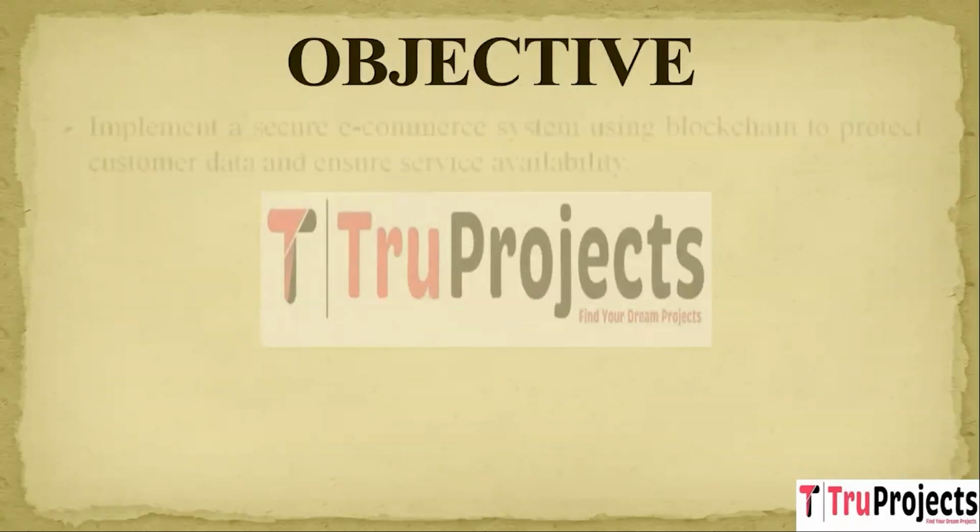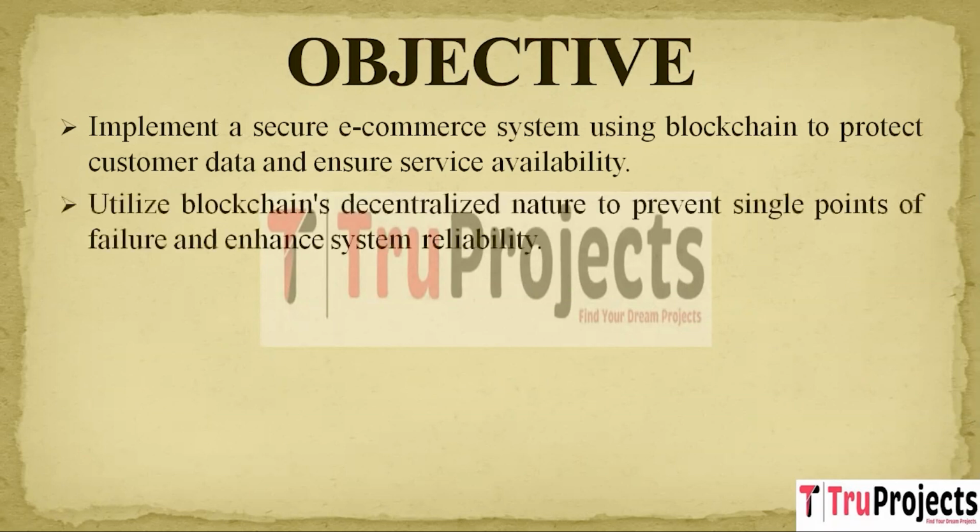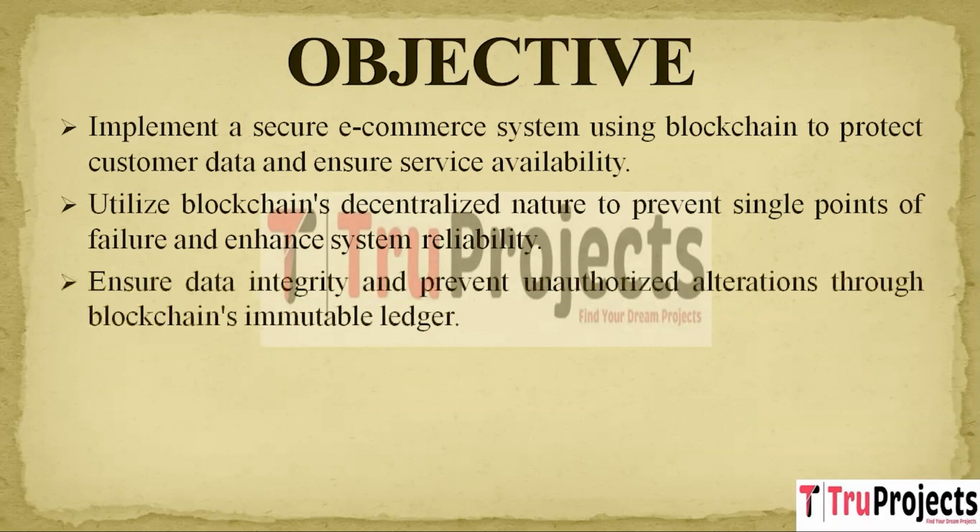Objective of the project. The goal is to create a safe online shopping system using blockchain to safeguard customer information and maintain constant website availability. We'll utilize the inherent decentralization of blockchain to eliminate single points of failure, bolstering the system's reliability and resilience. The objective also includes guaranteeing the integrity of critical e-commerce data by utilizing blockchain's immutable ledger, effectively preventing unauthorized alterations or